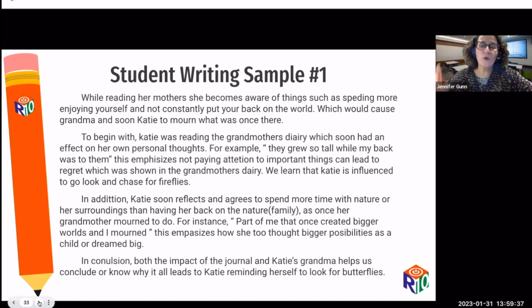So we're going to read this first student sample. I invite you to test what you've already learned about scoring and jot down for yourself if you think this passage would have scored a 0, 1, 2, or 3 for ideas,